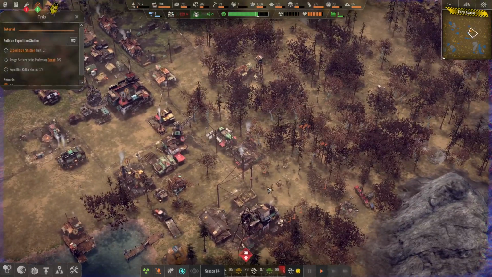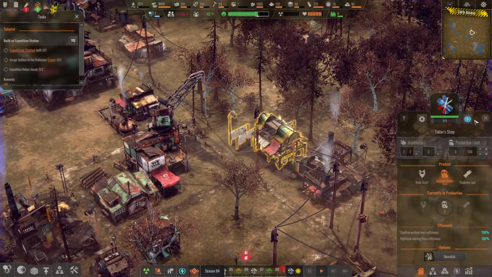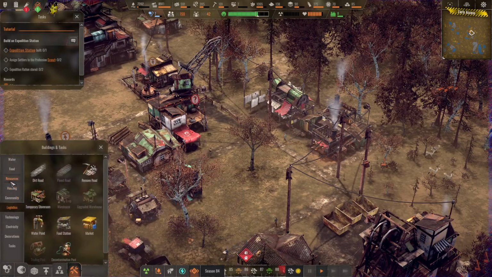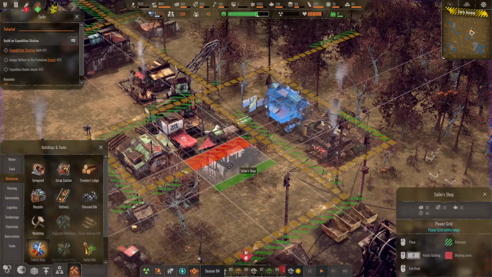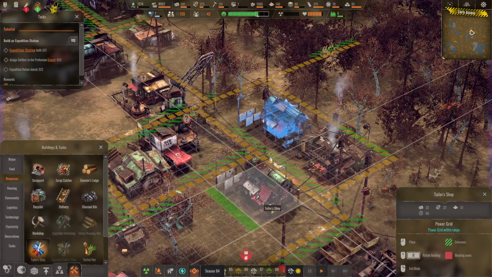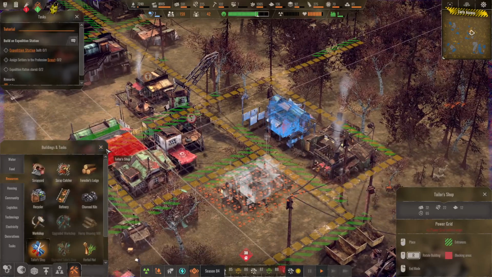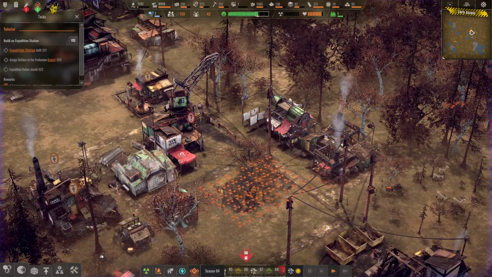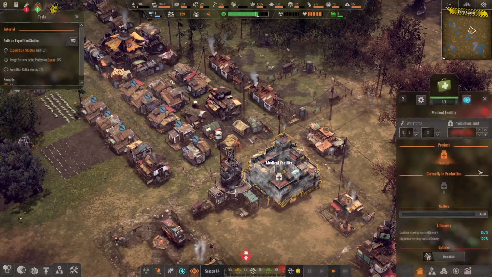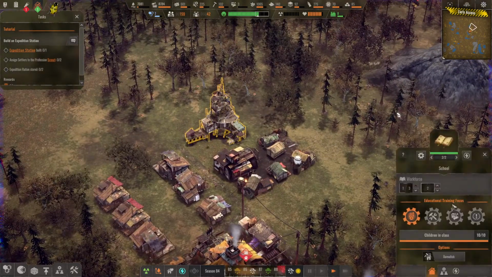This will probably be a good time to add another workshop. So, tailor shop. Put it like this. There we go. Speed up time a bit. Okay, that's full. That's fine. Did our other school get built? It did. So let's